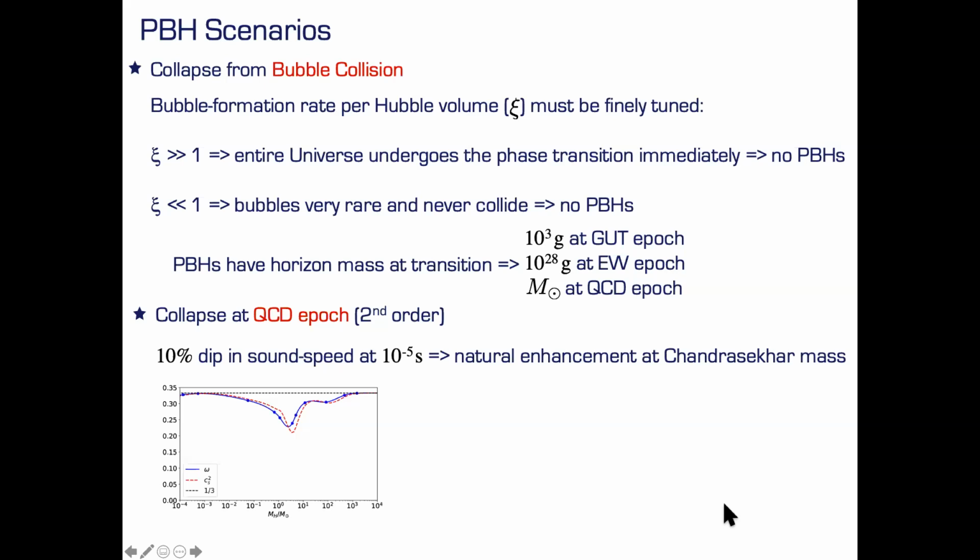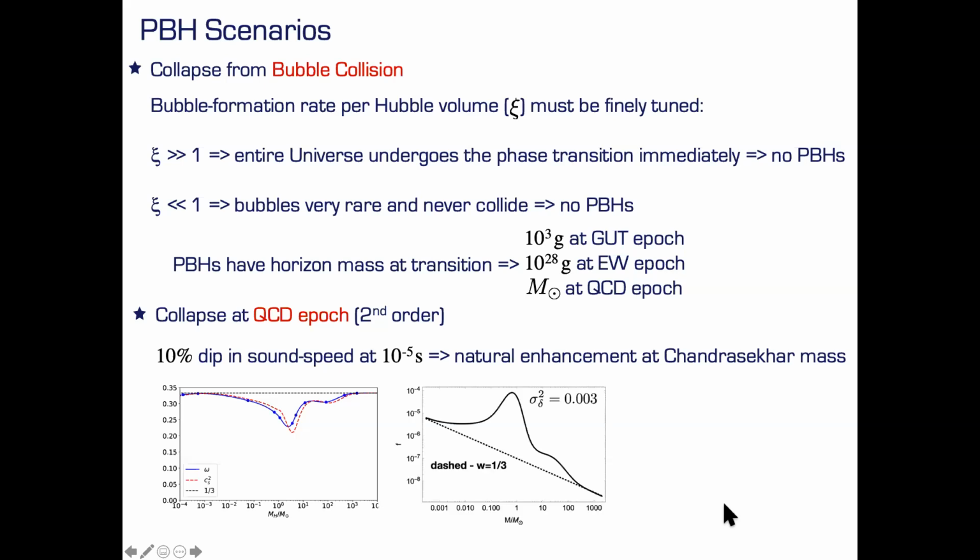That would lead to a lowering of the threshold. And when you lower the threshold, many more fluctuations can come over, and that produces a spike in the abundance of these objects. So here's the primordial black hole dark matter fraction on this axis, and here you have again the mass, and you see that we have an enhancement. And also note that above, it's a third, so you have just pure radiation domination, and during the phase transition you lower the threshold.